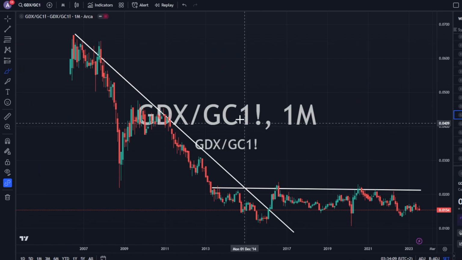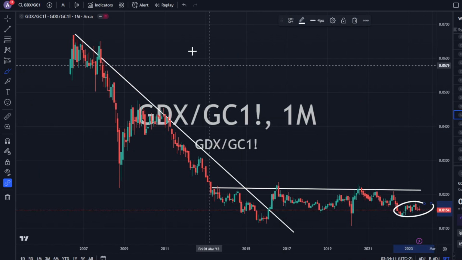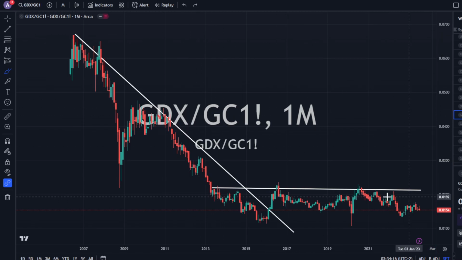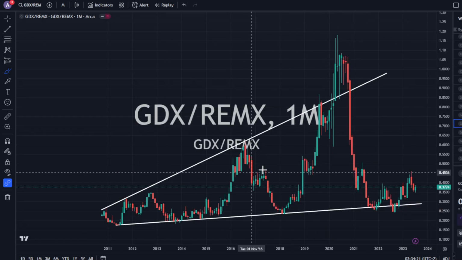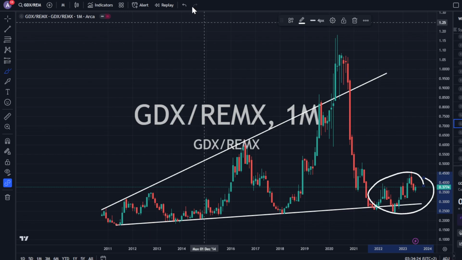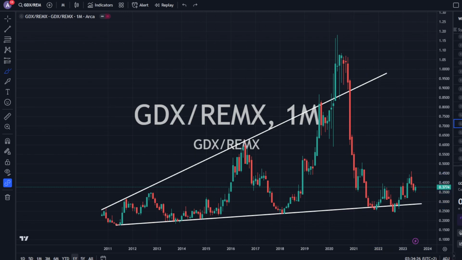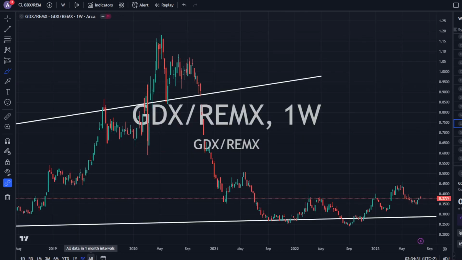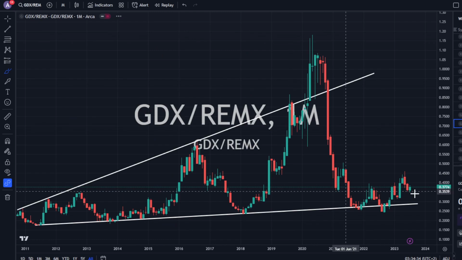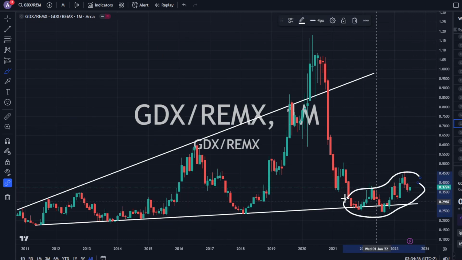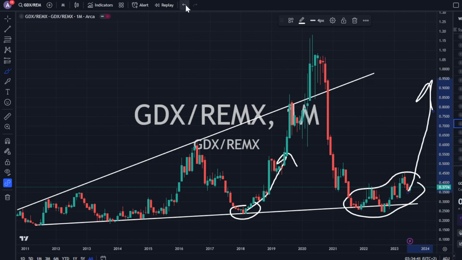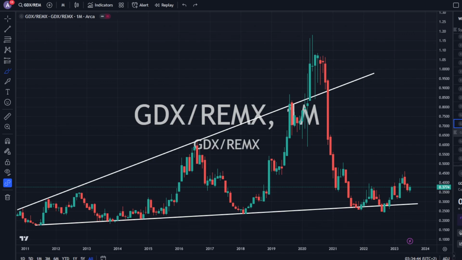Looking at GDX versus gold, still looking incredibly cheap down here. It hasn't turned and started to outperform yet. We are still in the basing pattern for the ratio. GDX versus REMX. GDX is favorable and it's very cheap down here. So GDX is favorable to REMX and it still looks pretty good. That doesn't mean that it's going to immediately go higher. But what it does mean is that if a patient investor accumulates in this general location, like you did down here, and it rips higher, you're going to get a vast outperformance of GDX against REMX.